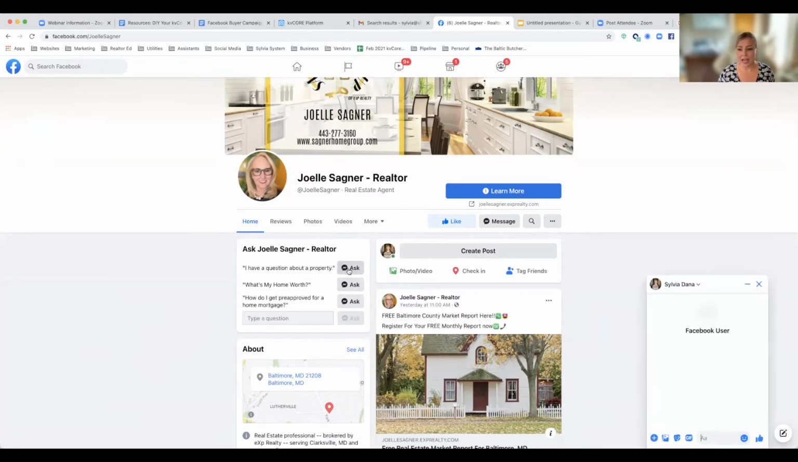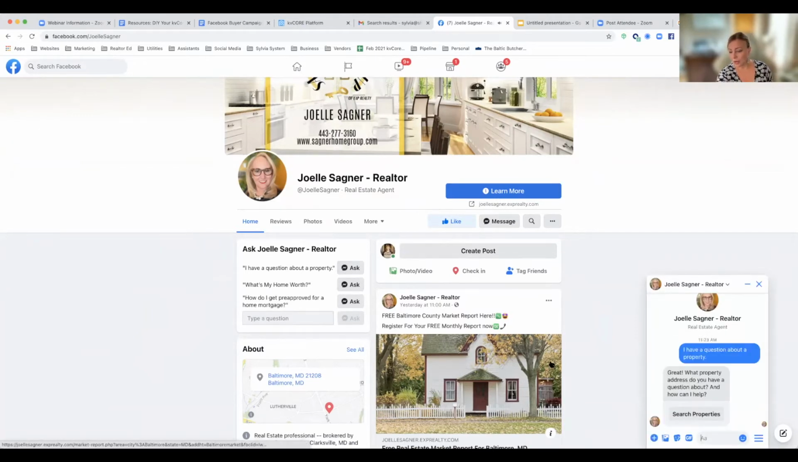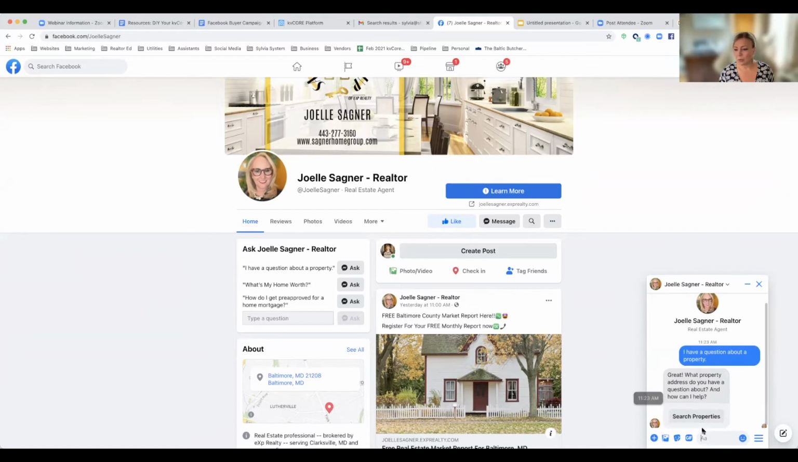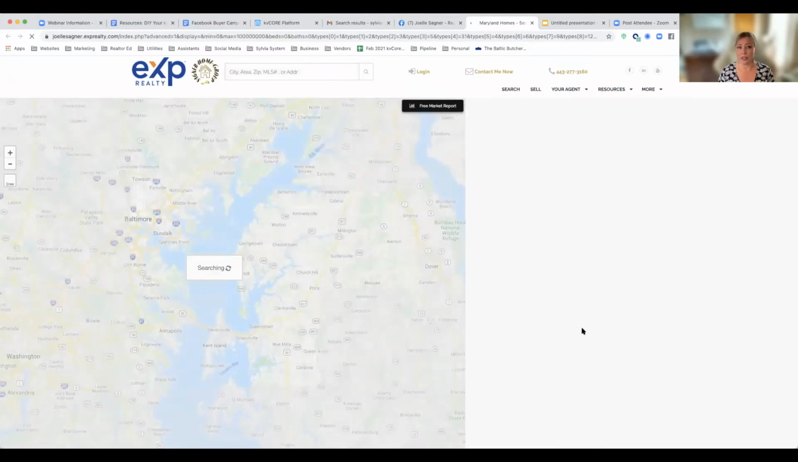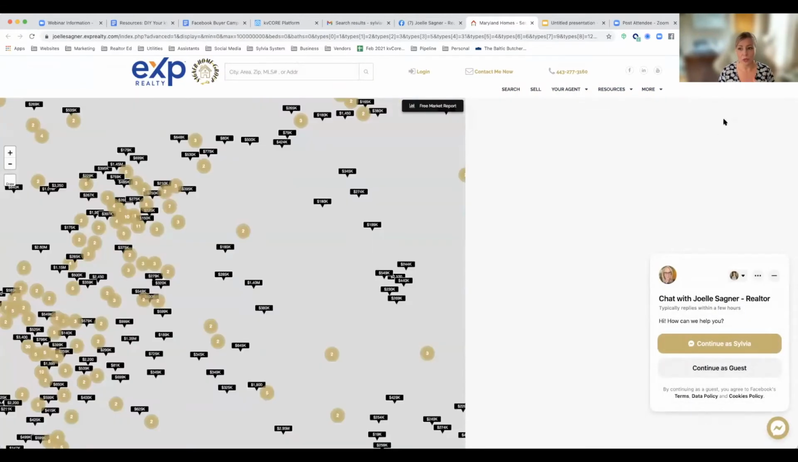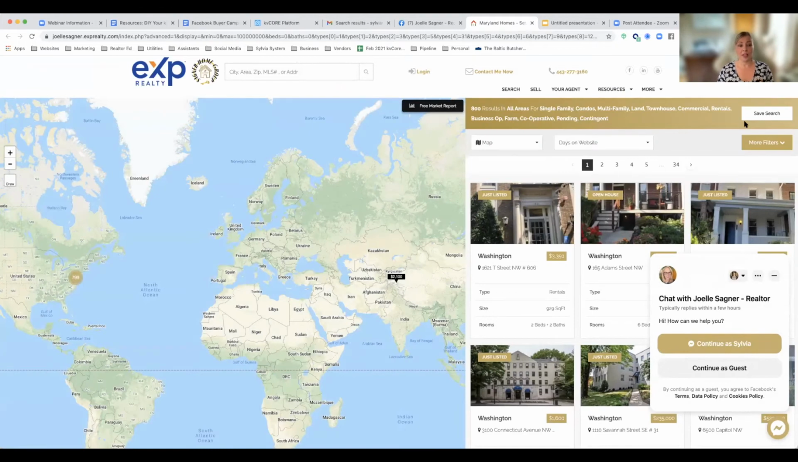So when we click ask, it will give you automatically a response. So we say, great, what property address do you have a question about? And how can I help? And so they can respond, or they can just click on search properties, and it's going to take the person to her EXP website. So that's how the frequently asked questions work. And they're pretty cool. The other thing that we did for her, that we do in the Facebook setups, is